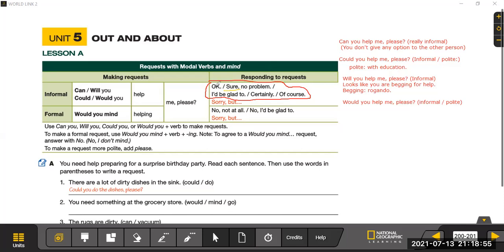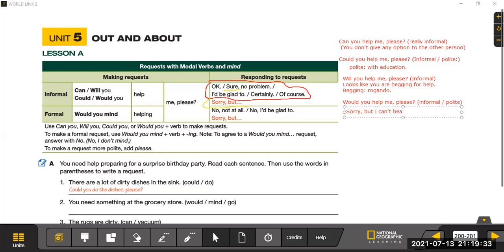So, I was telling you, when you are going to give a negative answer, always you have to start with sorry. Because here in the Dominican Republic, we don't say that, like, sorry, but no. We say, can you help me? No. I can't, and that's it. But American people are very polite. So you have to say sorry before you give the reason why. Okay, sorry, but I can't